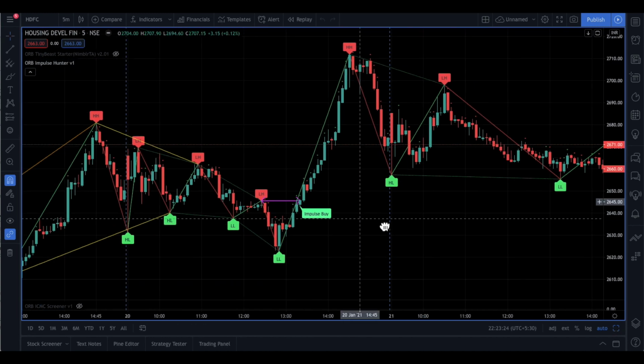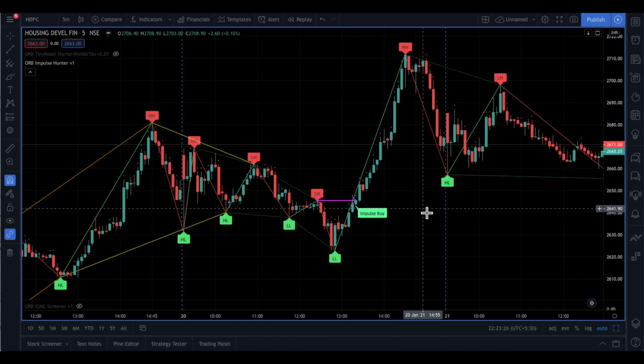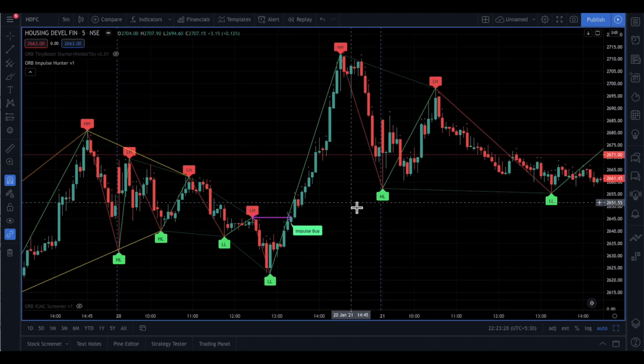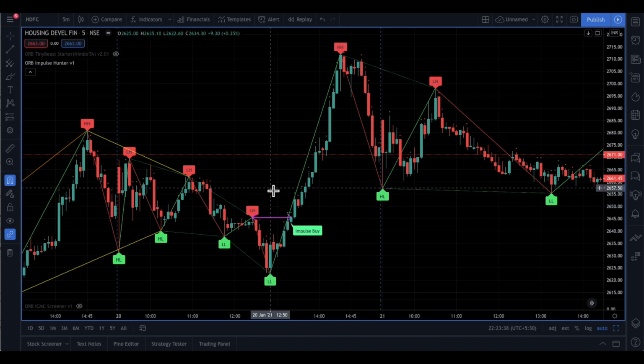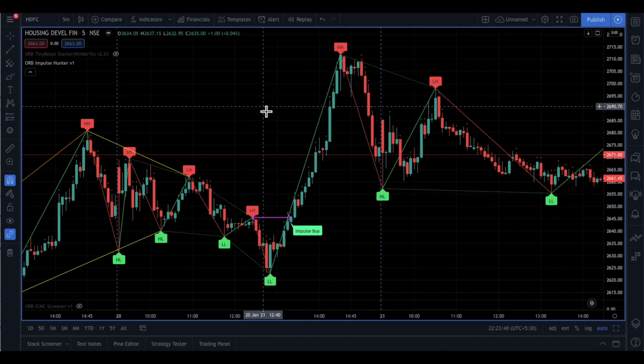So if you see here, this chart is a very clean chart. It just has a few lines which are drawn, and of course the candles are marked for our benefit. So as I mentioned, this indicator will identify ascending and descending waves, and then it will mark the impulse trades as well as the Binet trades, the compression or the breakout trades for us.